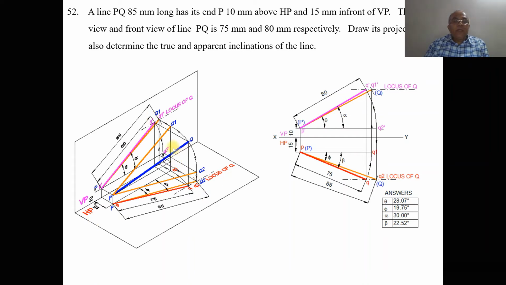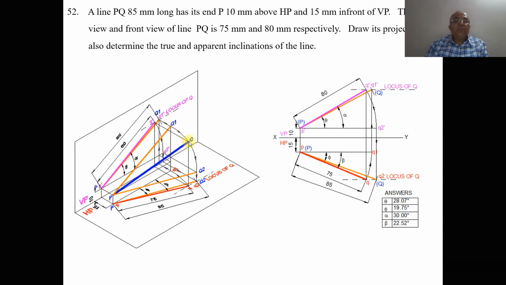Similarly, when you want to get PQ, you rotate with P as center, taking the radius of PQ1, you draw an arc. You just rotate in space, so that Q1 which was here is going to come and cut the locus of Q here, so that you are going to get this point here in the space.